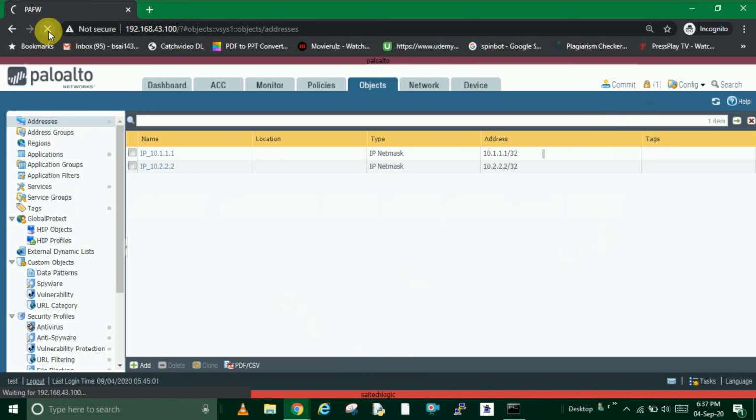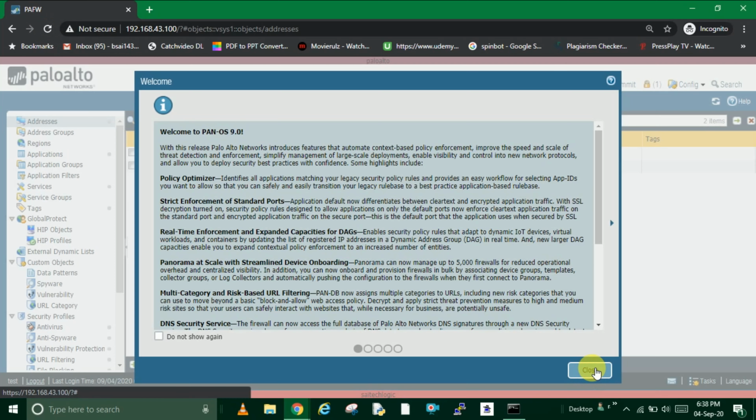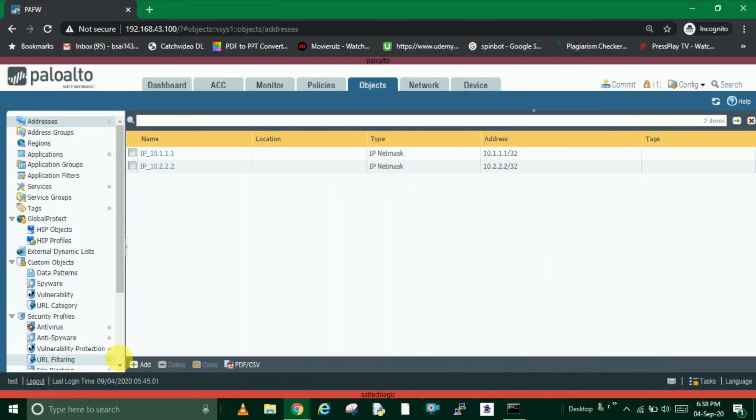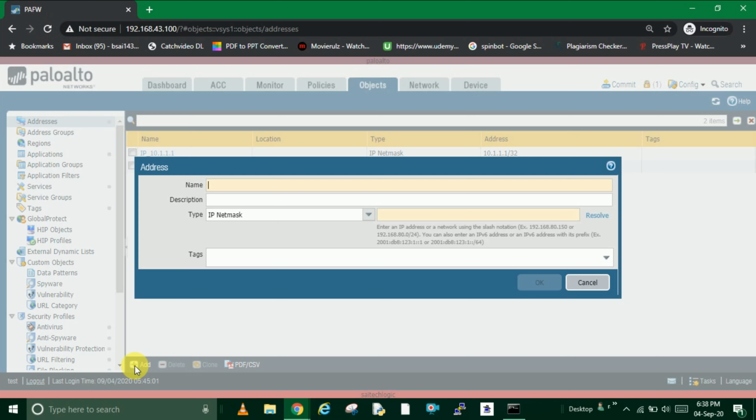Now try to commit. Now click add and give some name here. Okay, add this object here.